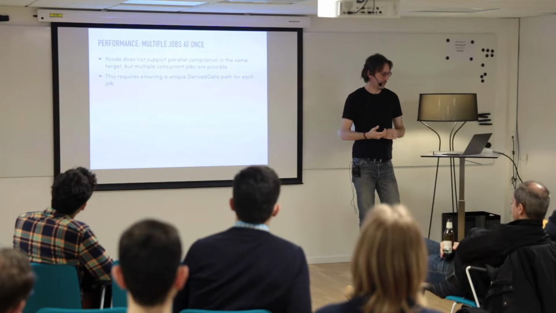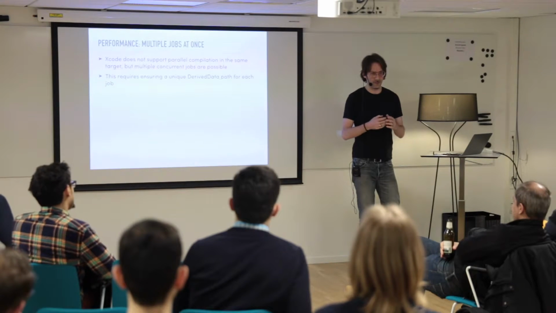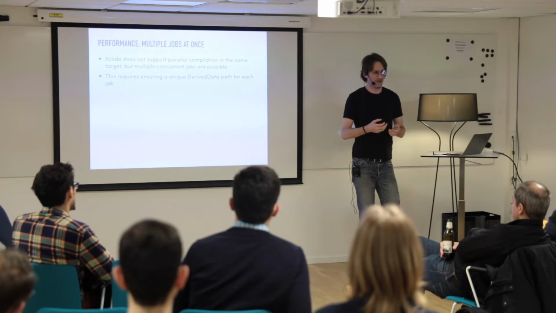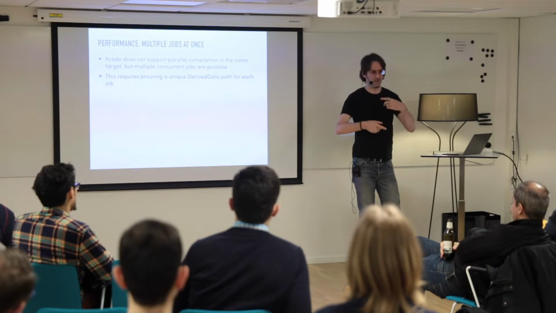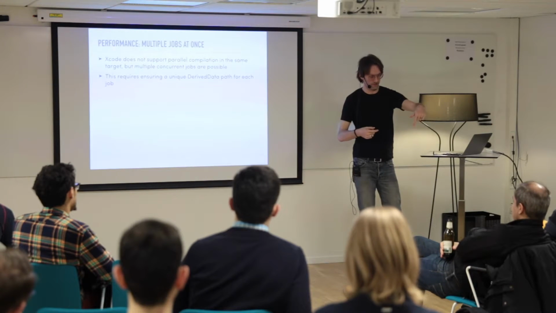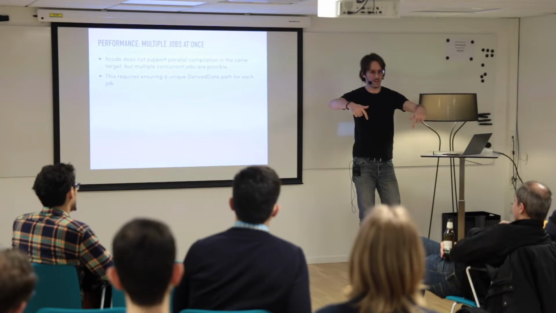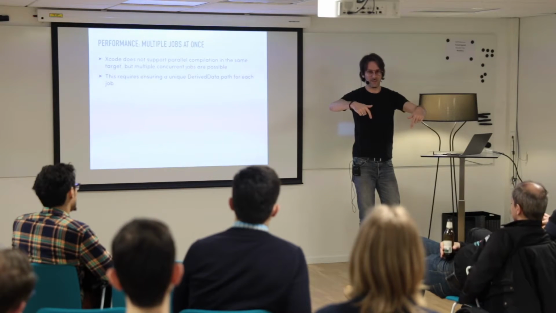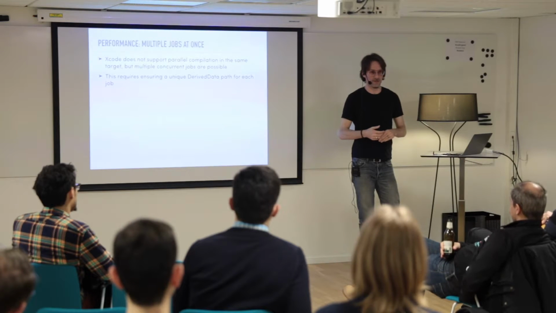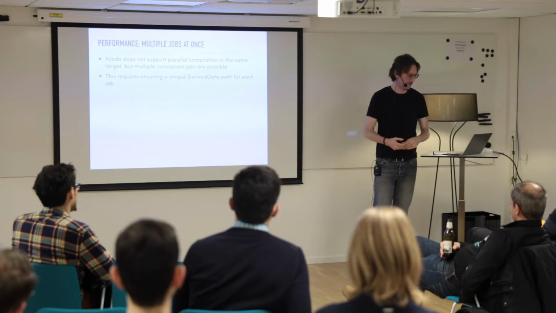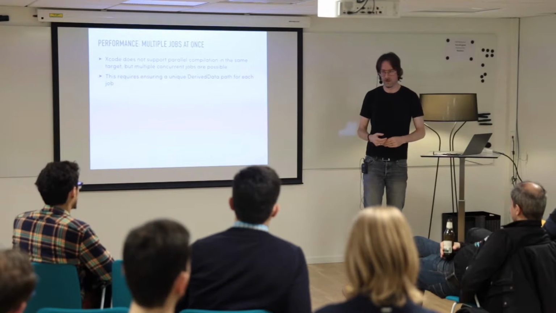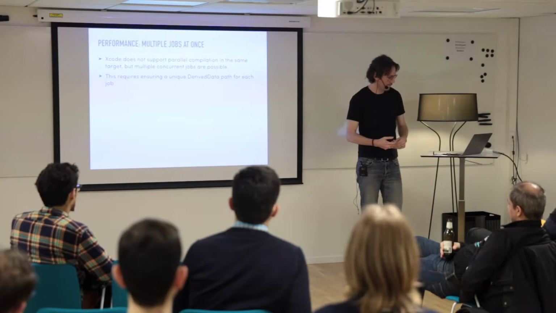This will work, but you have to make sure that the derived data path is unique for each one of these jobs. Otherwise, Xcode will try to write to one Swift compiled file at the same time another job does, and then you'll get these kind of scary "could not access disk" type errors and things like that. You might start worrying, oh my God, my machine's dying, what have I done? But actually it's more of a permissions-based thing than your hardware crapping out on you.